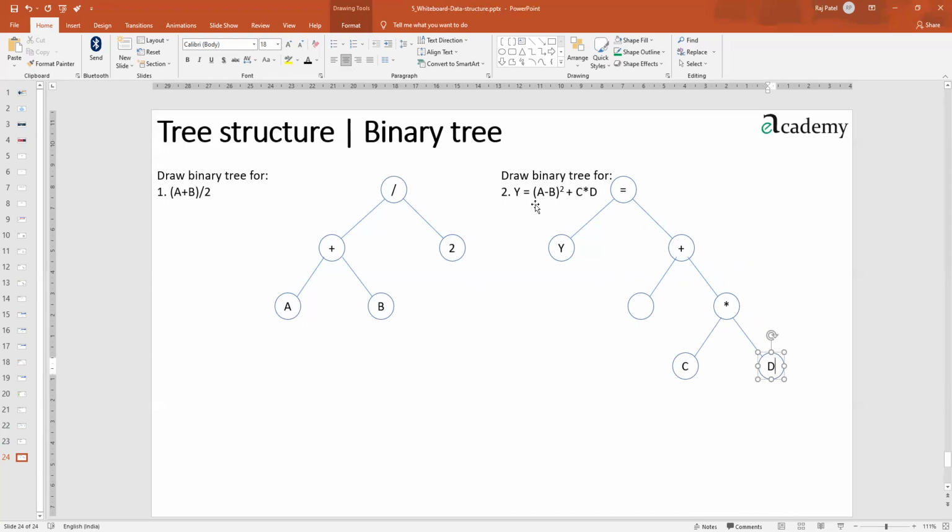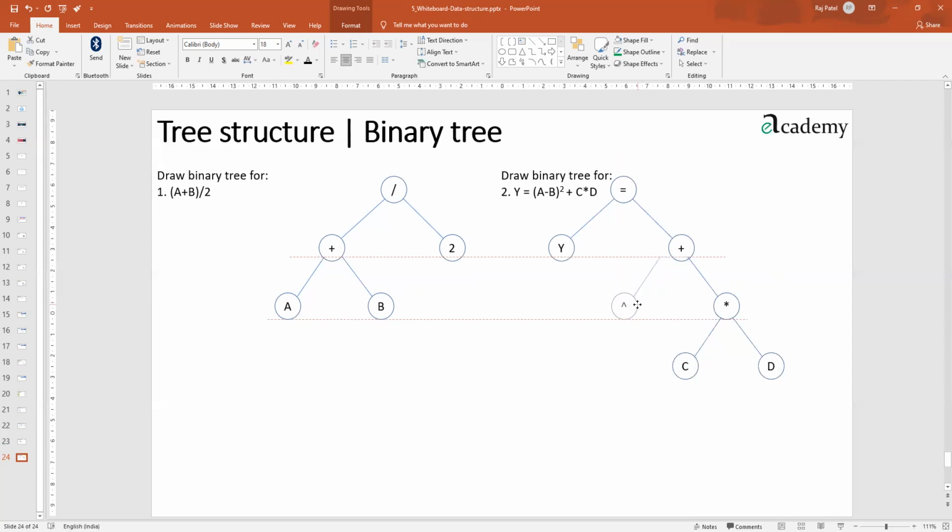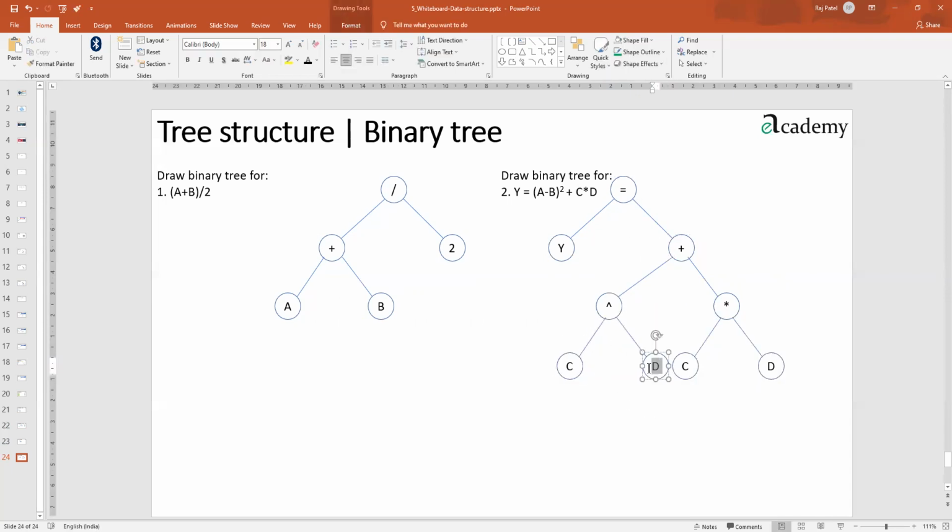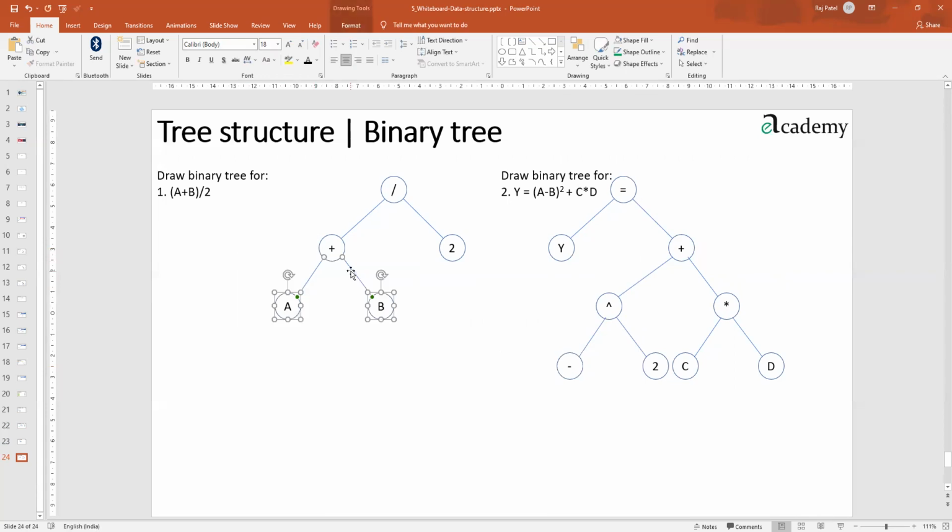But the problem lies here now. There is something square. So how do we write such stuff? You can either write this kind of upper arrow sign, and keep it a little away from this particular thing so that you can draw it much better. Now here onwards we can draw it in a good way. It is something square, so I have written it here, and this is something minus something. So this will be minus, and there will be A and B.